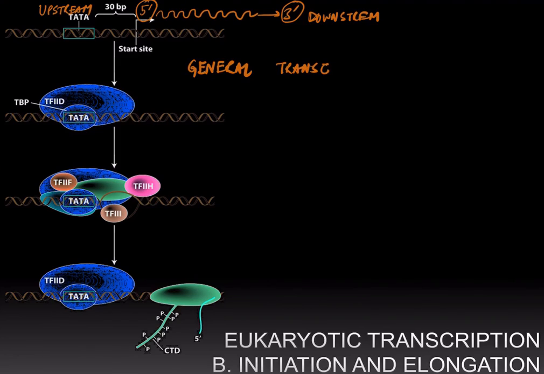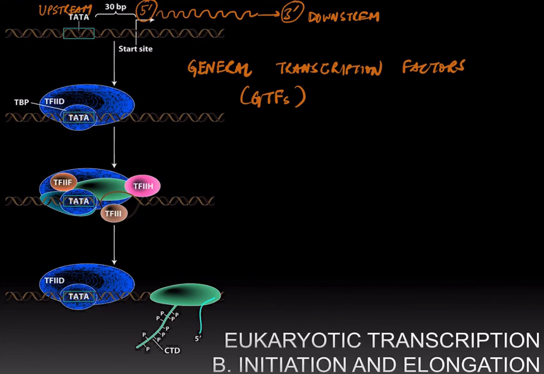And these initiation factors are called general transcription factors, or GTFs. And following the recruitment of TF2D, more GTFs are recruited: TF2I, TF2H, and TF2F. And at this point, the polymerase starts to elongate,